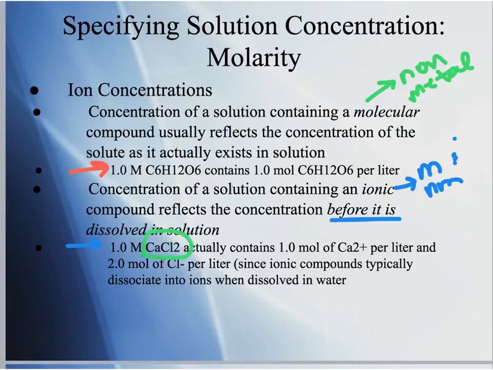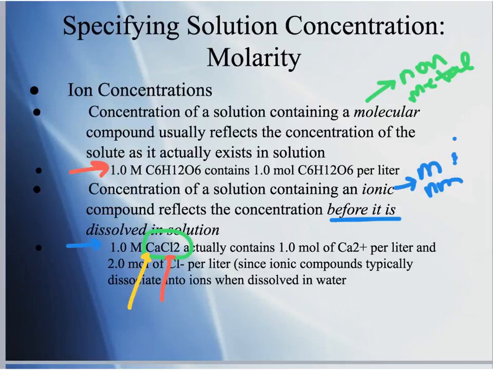In this compound, we've got 1 calcium. So if we have 1 mole of calcium chloride, that means we have 1 mole of calcium ions. And we have 2 chlorine atoms in this compound, so if we've got 1 mole of calcium chloride, then technically we have 2 moles of the chloride